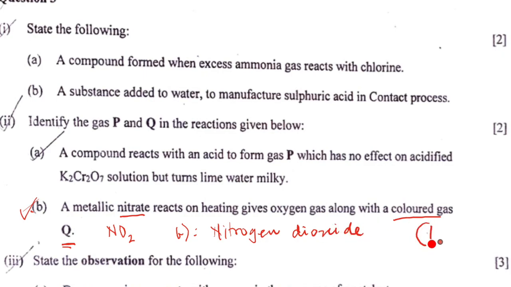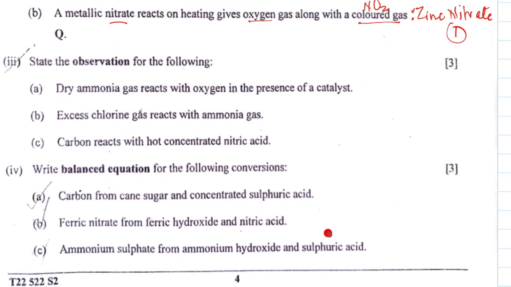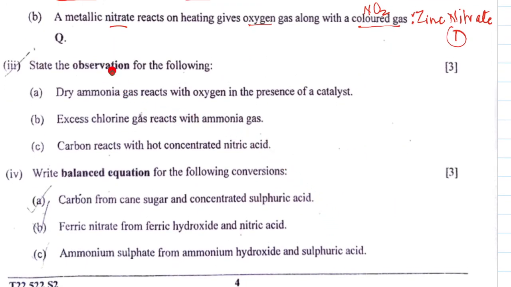And that will give you 1 mark. Question 3, third part. State the observation. A. Dry ammonia gas reacts with oxygen in presence of a catalyst. So ammonia with oxygen in presence of platinum 7 to 800 degrees C. Now here your first observation is going to be colorless